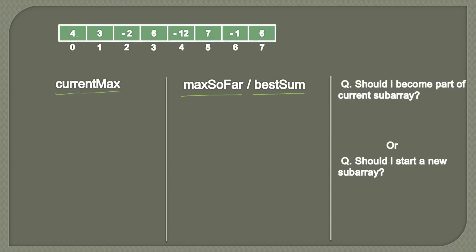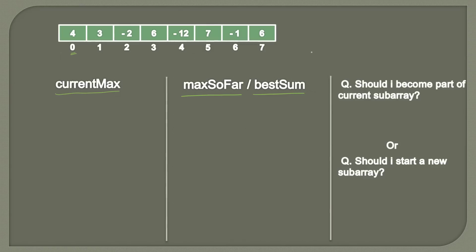So here if you see at the start, we encounter 4 at index 0. So 4 will ask, should I become part of the current subarray? Here the current subarray is empty because there are no elements, as this is the first element only. Should I become part of the current subarray so that the sum is maximum? So at the start, as there is only a single element, both these questions correspond to the same thing. If 4 becomes part of the current subarray, it would be something like this. Or if 4 starts a new subarray, it would be something like this.